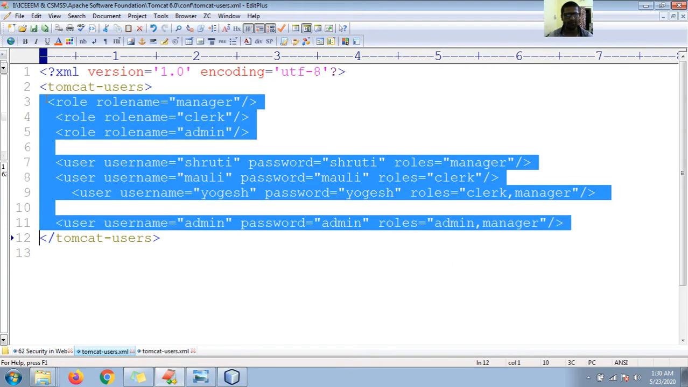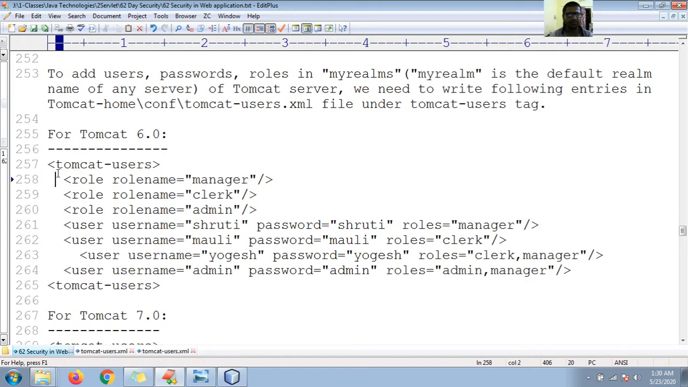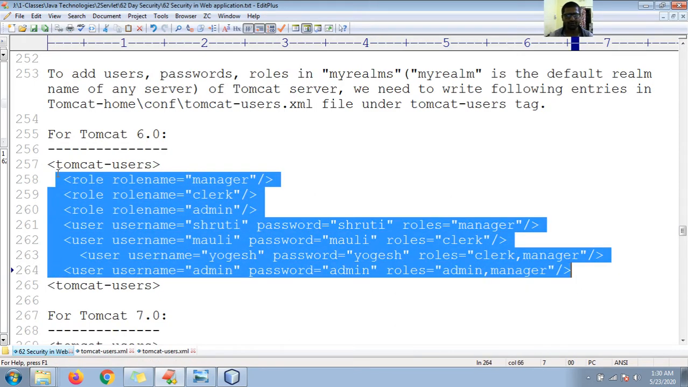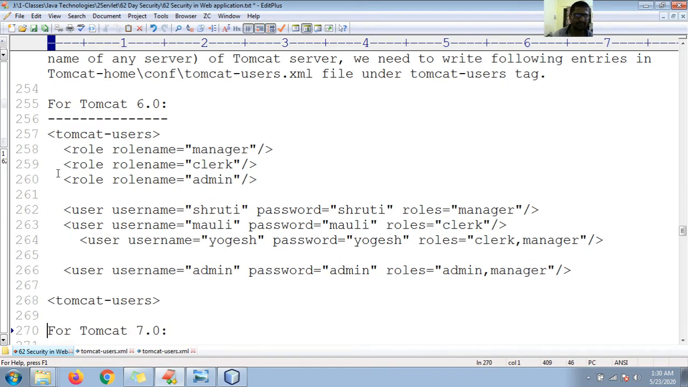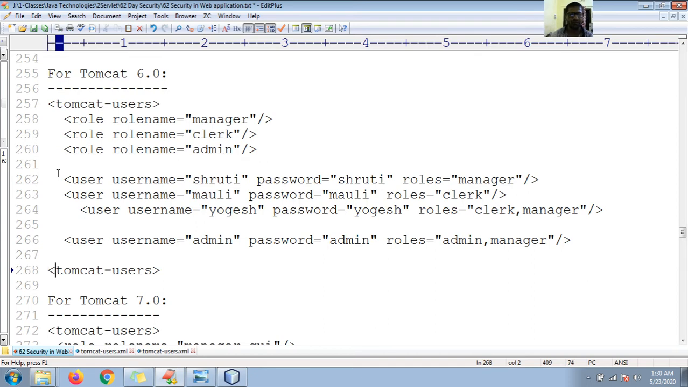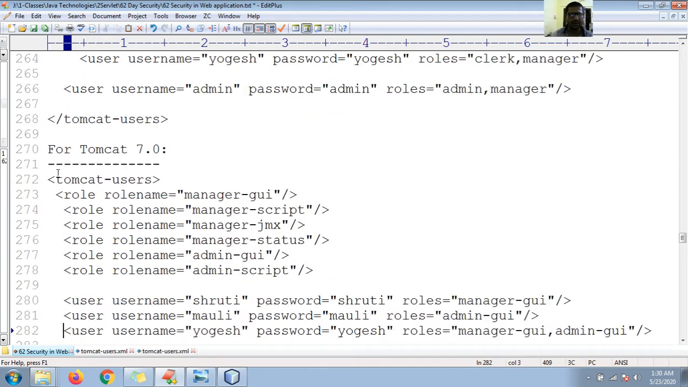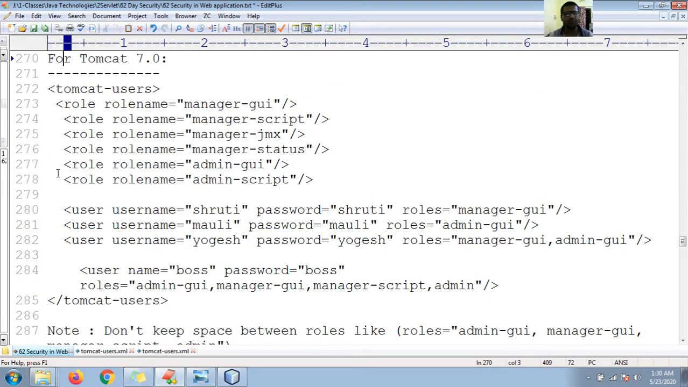So let me have a backup of those roles. Okay, fine. So let me write here, and paste with Control V. So admin, clerk, admin. So this is about Tomcat 6. Then close the tag of tomcat-users. If I go for Tomcat 7,